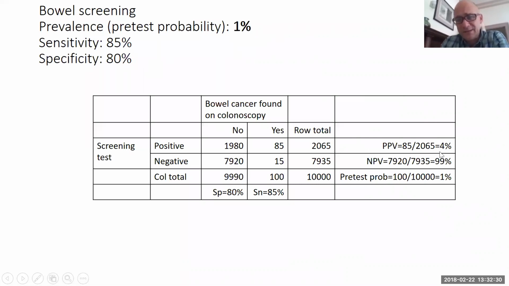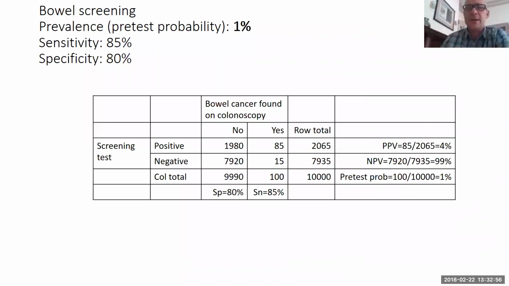value is only 4%. So, faced with an individual patient with a positive FOBT result, and setting aside nuances around adenomas and polyps, there's only a 4% chance, so only a 4 in 100 chance, that they actually would have bowel cancer when you send them off to have the colonoscopy. So that's why this is a screening test, and it's just a way of triaging people in effect